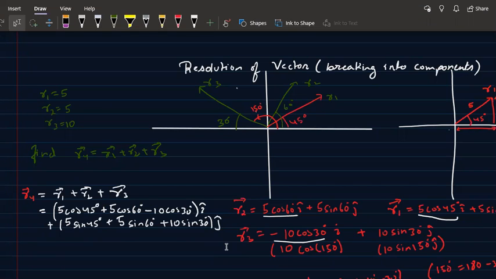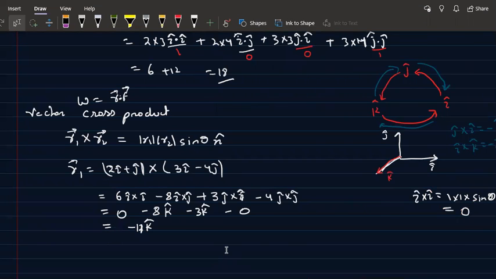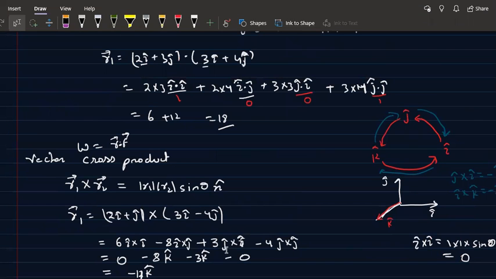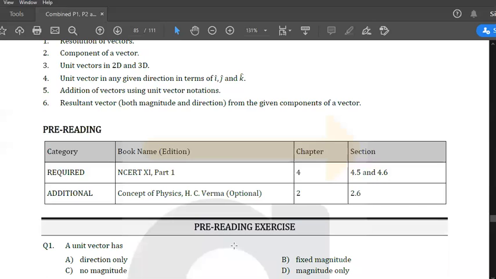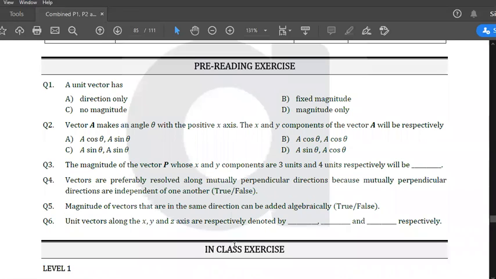Yes, I have changed the color of the page. So this is very important. Resolution of vectors is very important when you talk about physics. In physics, resolution of vectors is one of the most important topics. So we'll try to solve some problems. We studied what a unit vector is also. Now tell me, a unit vector has